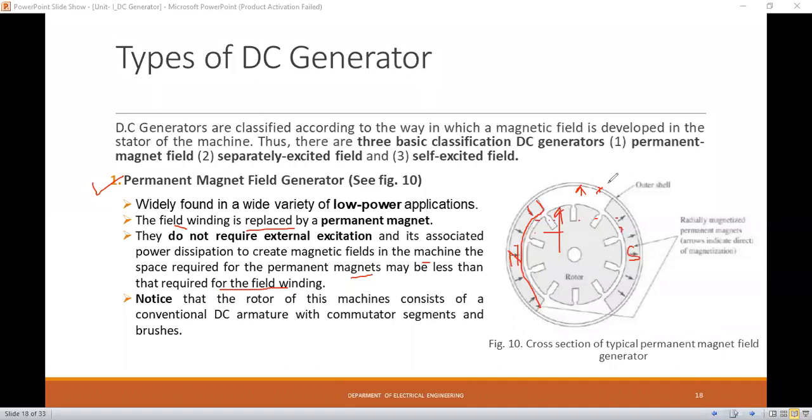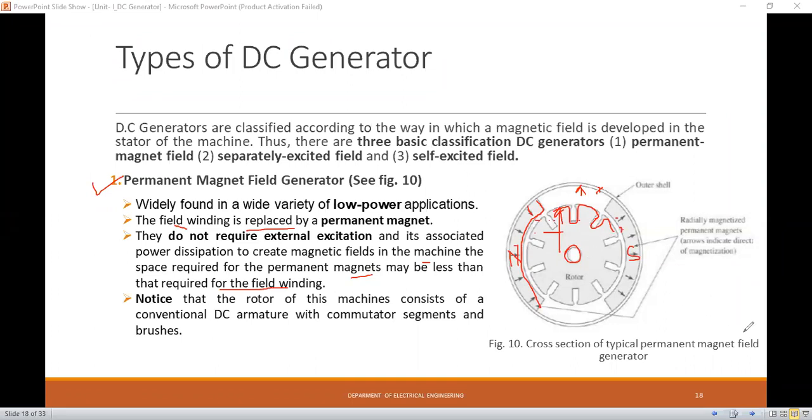On the outer periphery of the rotor some slots are constructed. याच्यावरती काय केले, slots construct केले. So in between the slots some conductors are placed. Again this is the shaft of the machine. Again here the commutator segment is present, and it will convert the alternating quantity of the DC machine to the direct quantity, and this generated EMF or the generated current is collected by using a brush. Brush चा यूज करून तो करंट आपण काय करतोय, कलेक्ट करतोय.